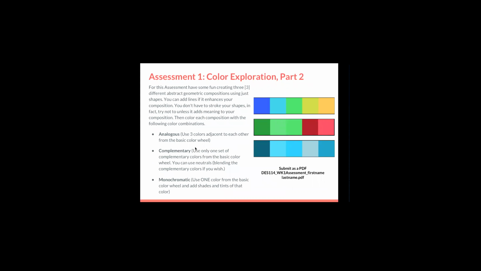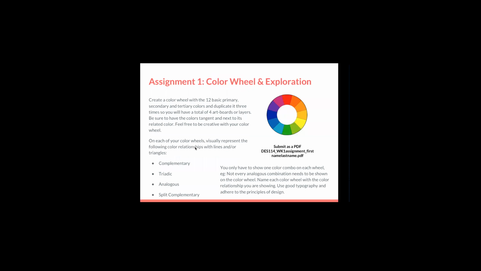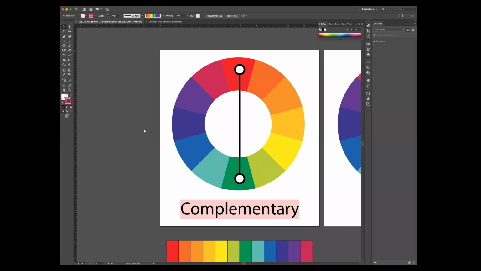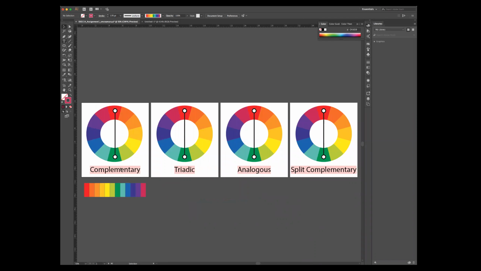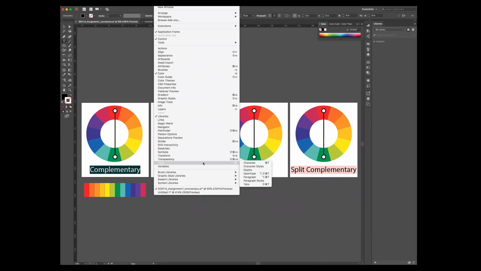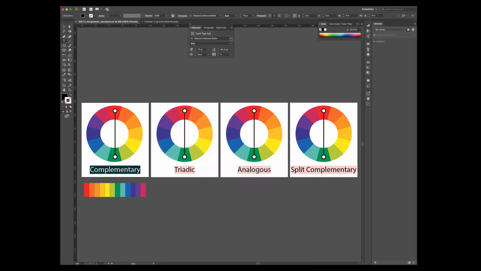All right, and we'll go over the assessment 1 as well. Let's take a look at that in a second here. I'm going to go forward into your assignment 1 first. I had this done a little quickly here. Let me change this typeface here. See, character palette here. And I'm just going to type a regular